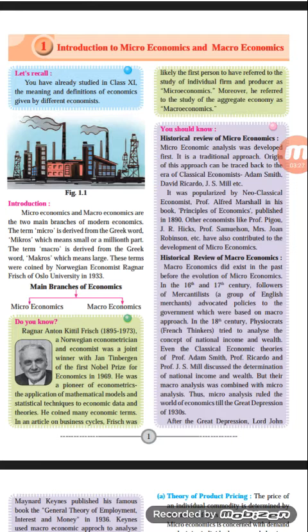The full name of Ragnar Frisch is Ragnar Anton Kittil Frisch. He was born in the year 1895 and died in the year 1973. He was a Norwegian econometrician and economist. Now here two words are given about Ragnar Frisch, that is econometrician and economist. You know very well about the economist, the person who has developed certain theories, who has developed certain models, who has given new terms and concepts in economics. We call that particular person an economist. But the new word, that is an econometrician,